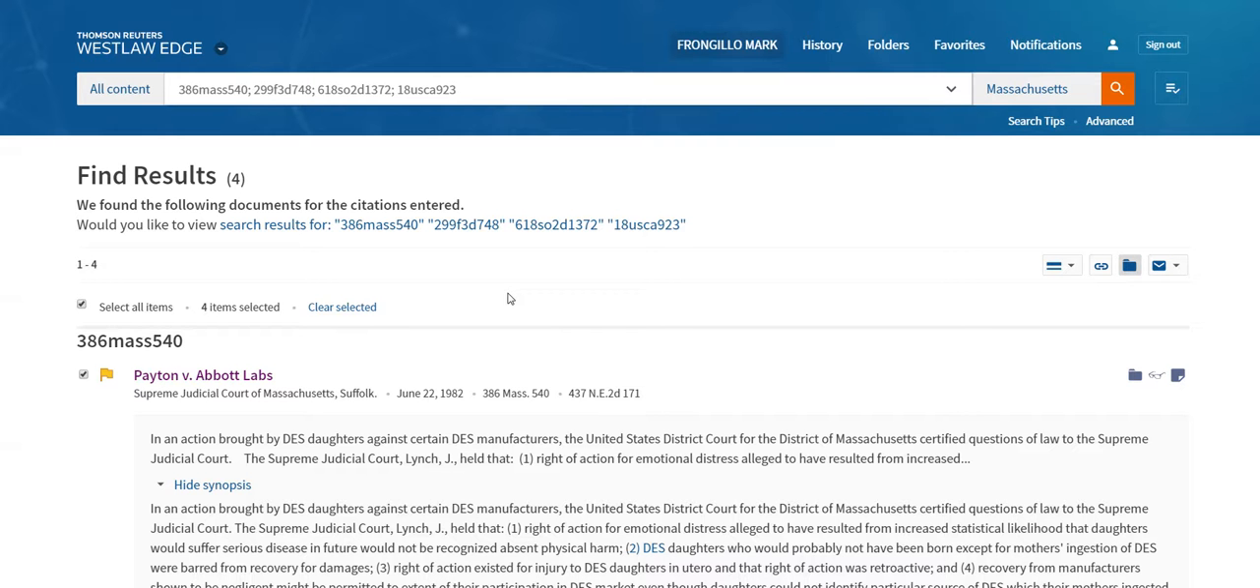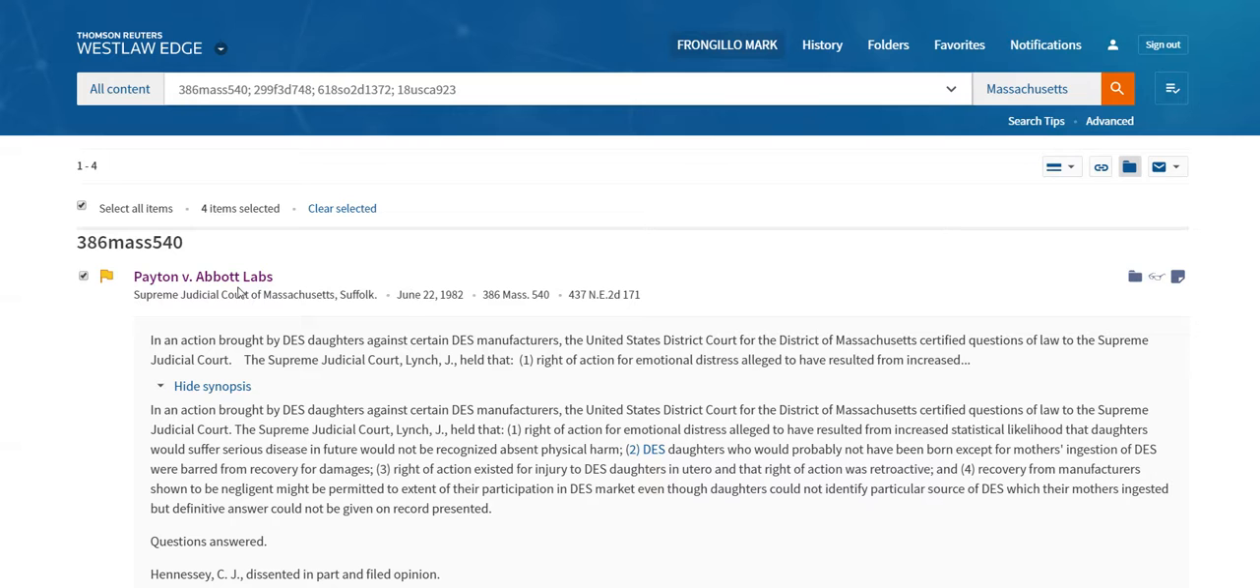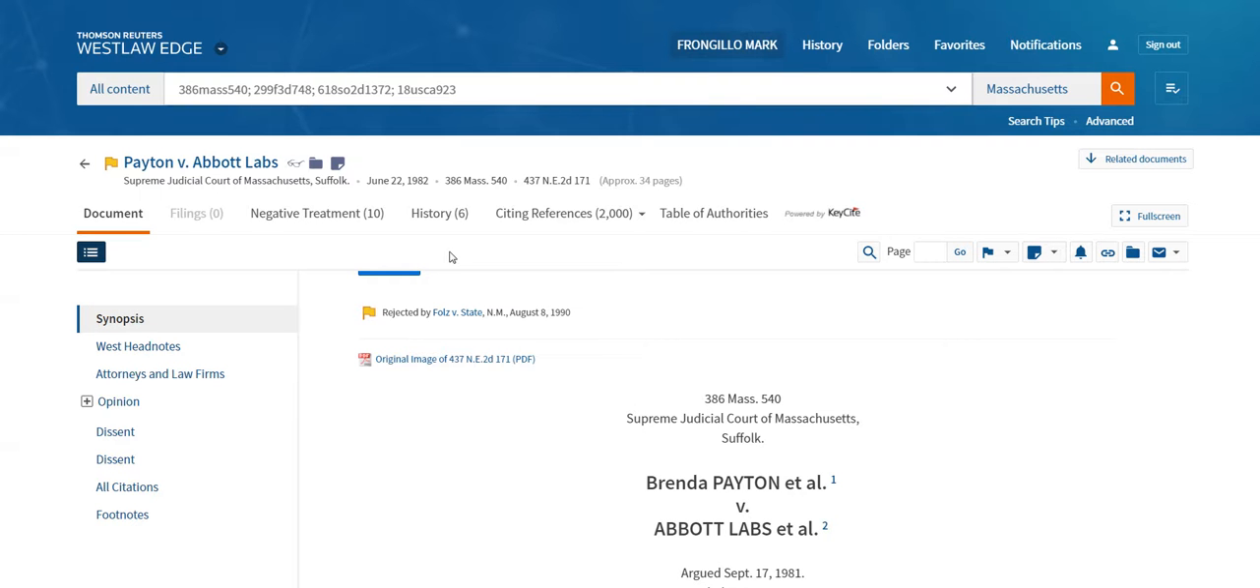Now, at this point, I wanted to talk a little bit about the components you see within a case, and I'm going to use Peyton v. Abbott Labs to talk about this, and then we'll talk a little bit about a case you should be familiar with from your social host liability research. Peyton v. Abbott Labs is what I am displaying here, and when you view cases on Westlaw and cases in print